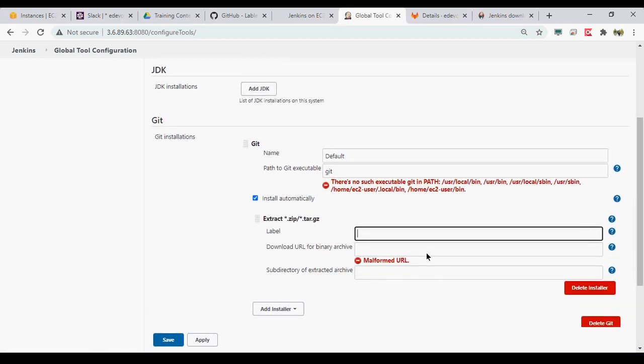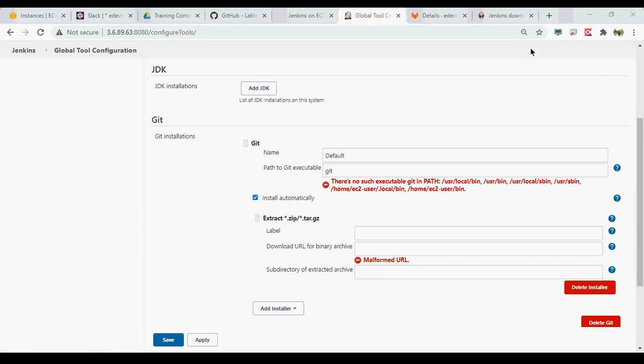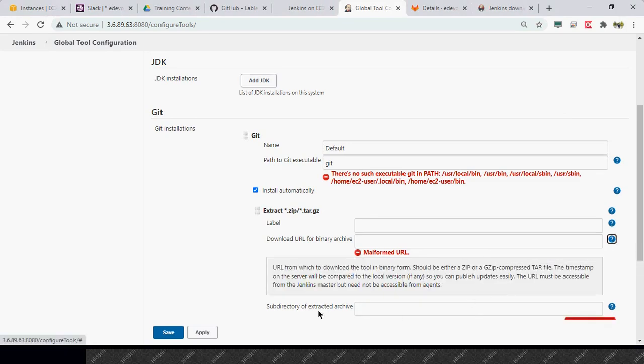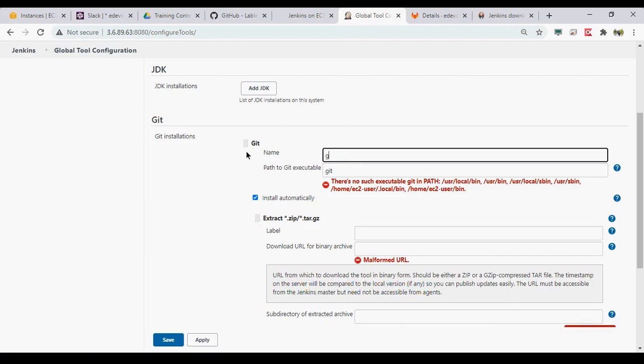Okay, so there are two ways to install Git. One is using this interface, where you can provide the URL from where to download it. You can search the internet and get the URL. The other way, which is the more recommended way, is that here you can manage different versions of Git.